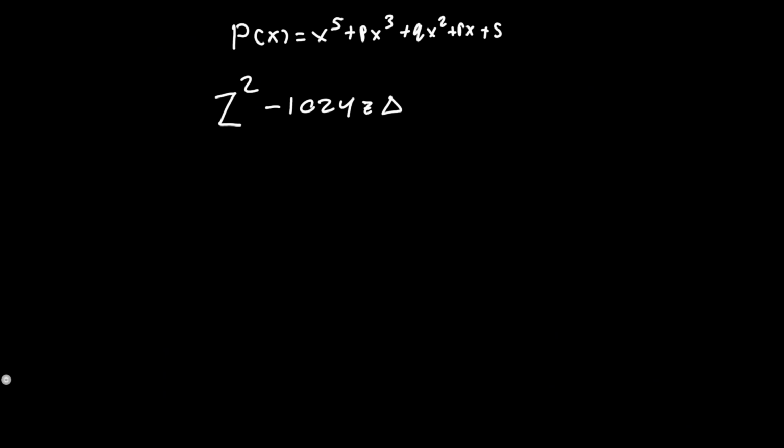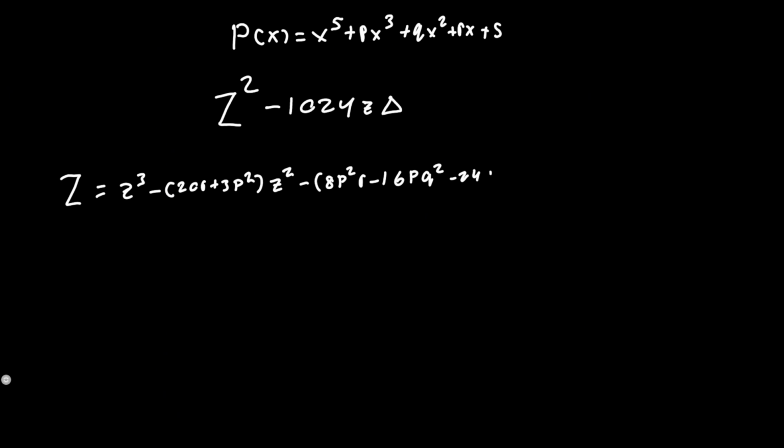And Z, or capital Z, is pretty much defined by a cubic: z cubed minus 20r plus 3p squared z squared minus 8p squared r minus 16p q squared minus 240 r squared plus 400 s q minus 3p to the 4 z, and then the constant will be minus p to the 6 plus 28p to the 4 r